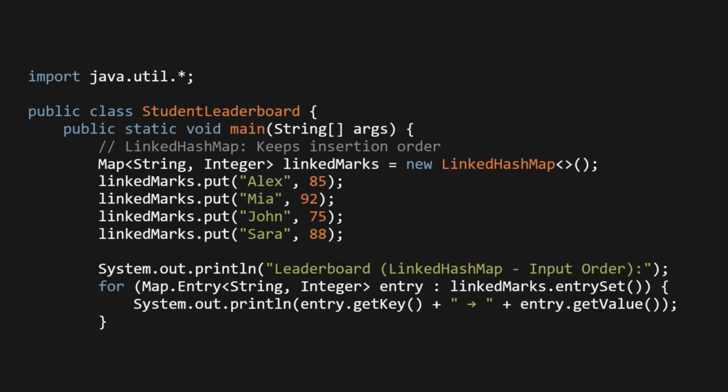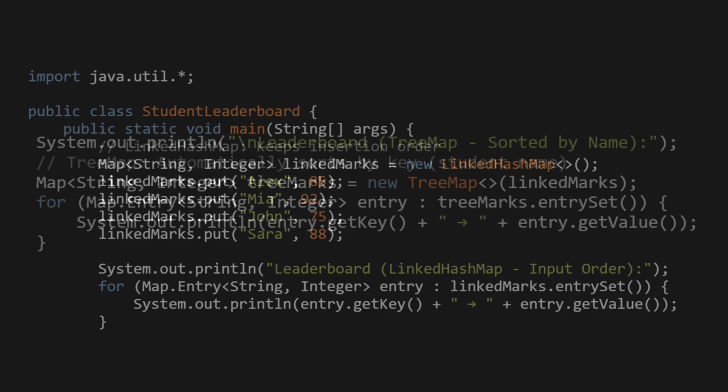import java.util.*; public class StudentLeaderboard { public static void main(String[] args) { Let's use the LinkedHashMap to keep the insertion order. Map<String, Integer> linkedMarks = new LinkedHashMap<>(); linkedMarks.put("Alex", 85); put("Mia", 92); put("John", 75); put("Sarah", 88); System.out.println("Leaderboard LinkedHashMap input order"); for (Map.Entry<String, Integer> entry : linkedMarks.entrySet()) System.out.println(entry.getKey() + ": " + entry.getValue());